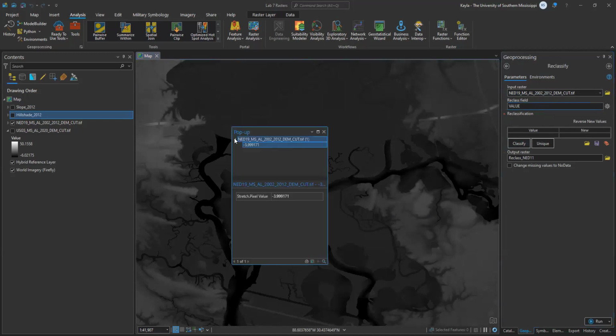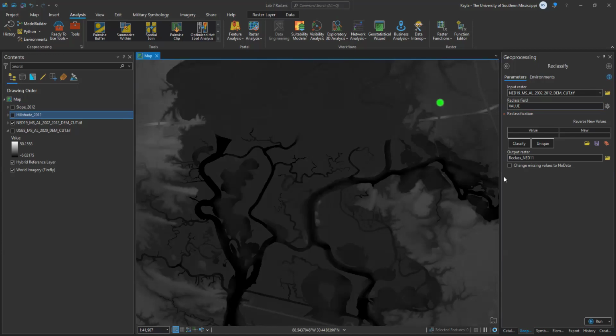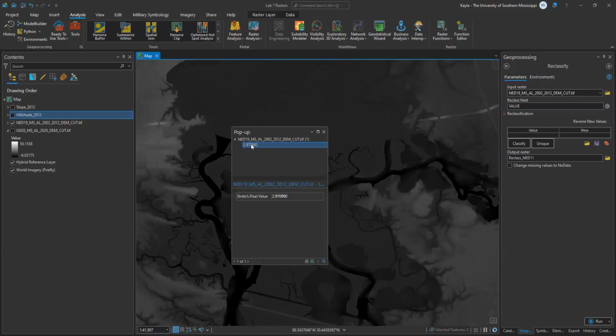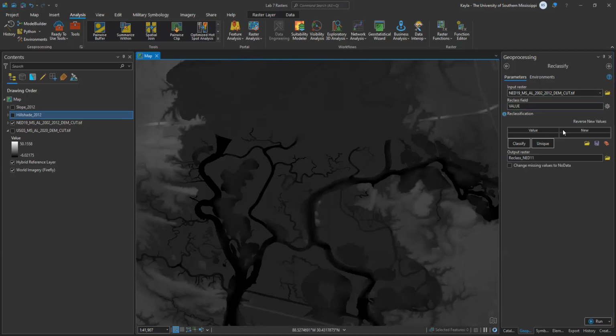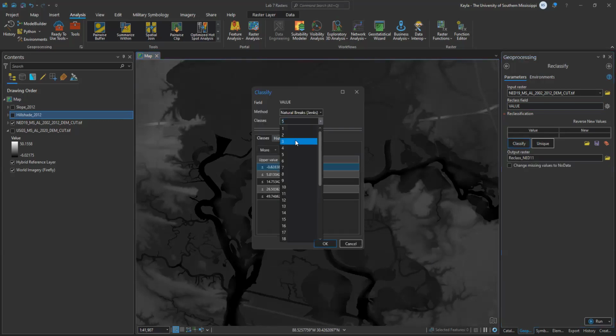So reminding ourselves what the value is, we have these values here, right? This value equals -3.99999 meters. If I go somewhere over here, wait for it to do that, we will end up with a value that is 2.97 meters, okay? So what we're going to do is reclassify these. The first thing we're going to do is hit classify and give it a value of 2. You have to wait a moment oftentimes to do stuff, but then it's going to, this natural breaks